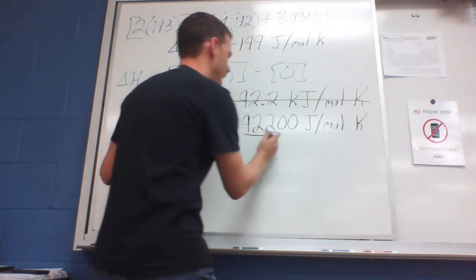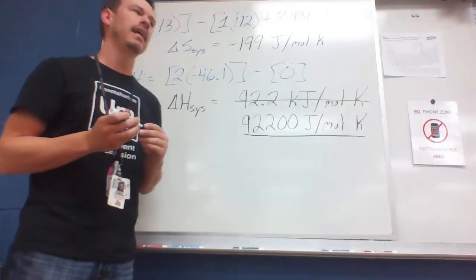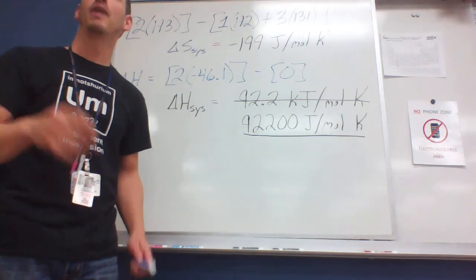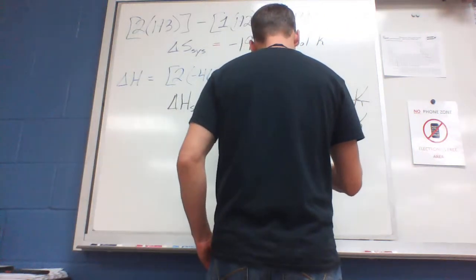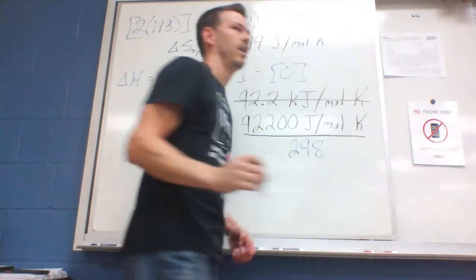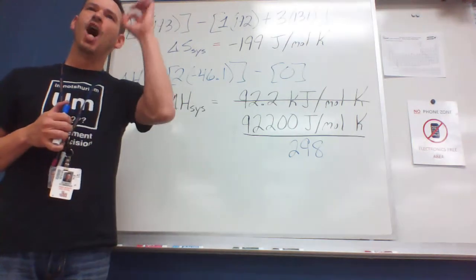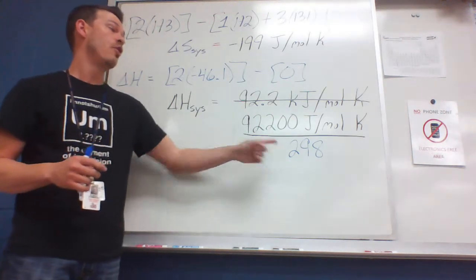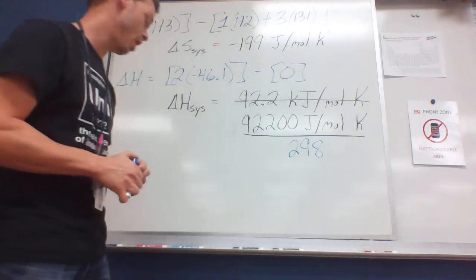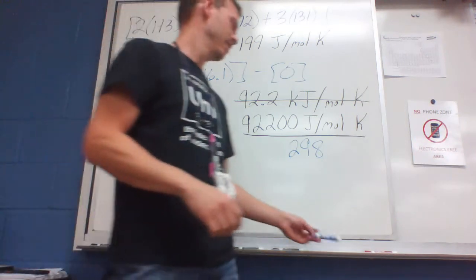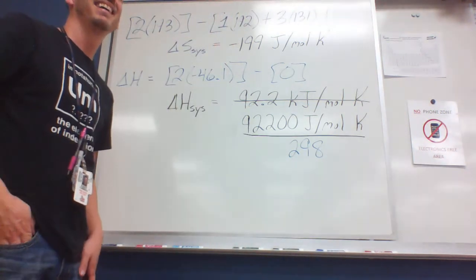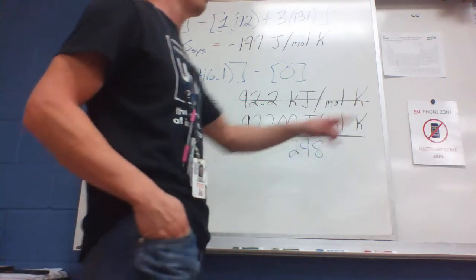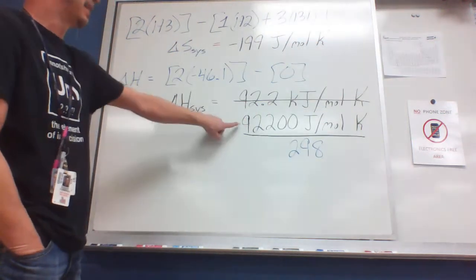All right, divided by what is the temperature? 298. Where do you see that? That naught symbol is letting you know that everything here is standard, and you are responsible to know that number. Is it given to us on the AP exam? It might be. So this is the final item that we have to do to answer part B, because it's supposed to be this divided by this.